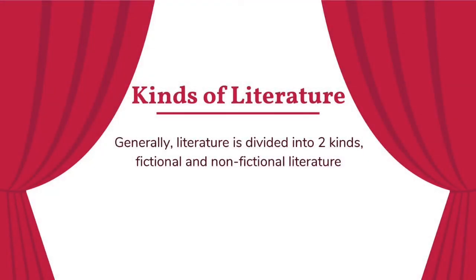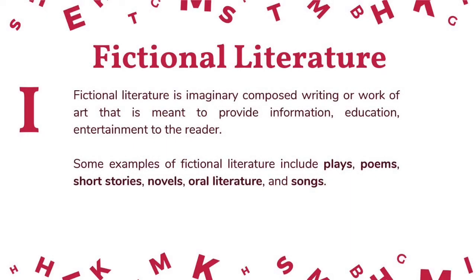Let's look at kinds of literature. Kinds of literature generally is divided into two kinds. The first one is fictional, and the second one is non-fictional literature. So, what is fictional literature? Fictional literature is imaginary composed writing or work of art that is meant to provide information, education, entertainment to the